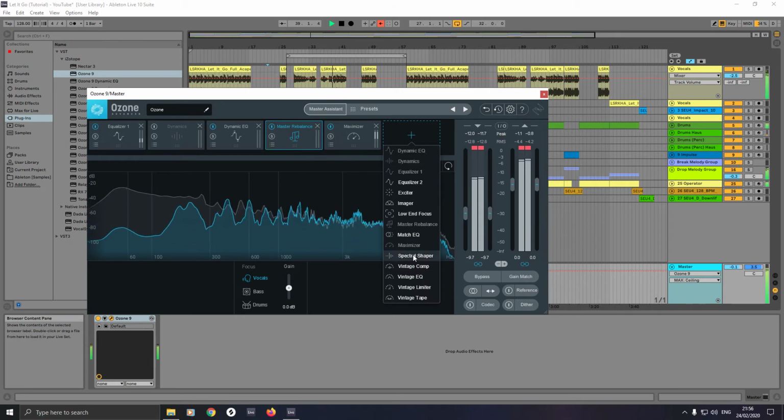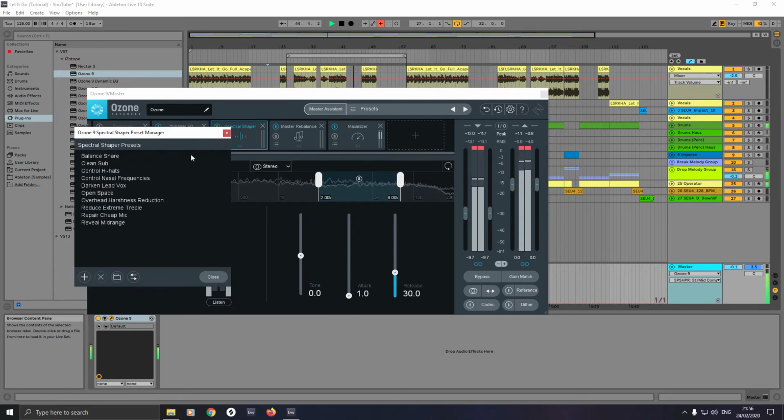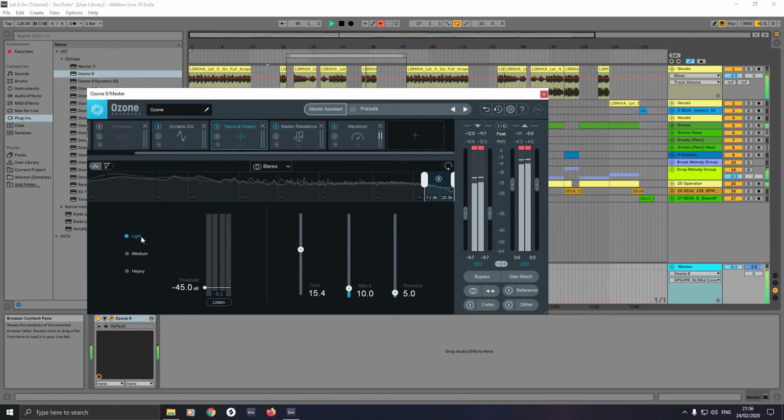Click on that again. Click on spectral shaper and put that here. No, about here, sorry. What you want to do is first of all click on the dialog box here, then click on reduce extreme treble. Click it on, put it on light. Then go to master, then click on